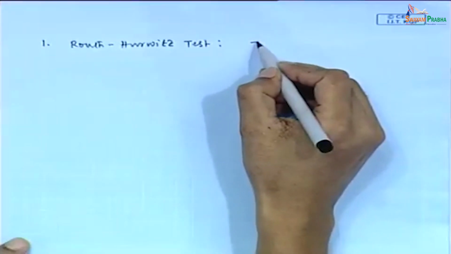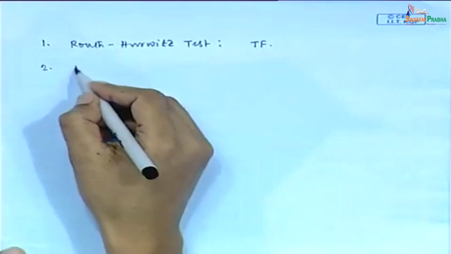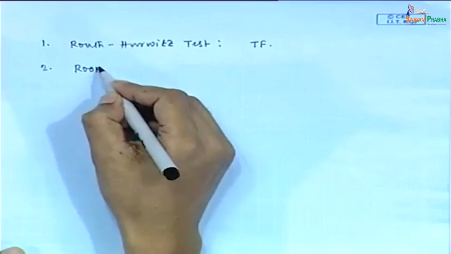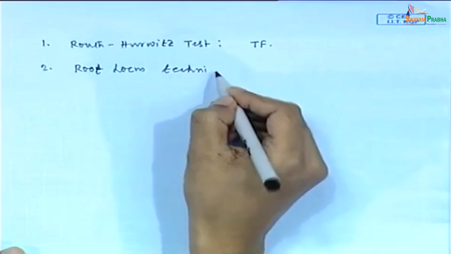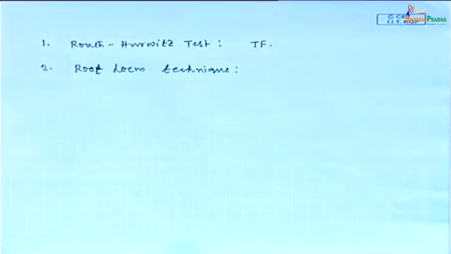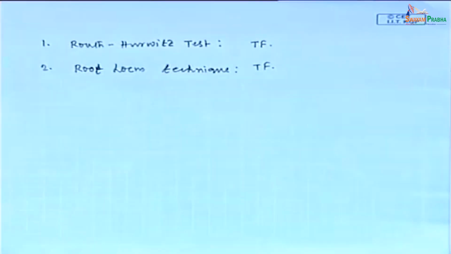Secondly, we started the root locus technique, which is a graphical technique, and in the root locus technique also we need the process model, because for root locus technique we need to produce the plot by positioning the roots of the characteristic equation. So, for root locus technique also we need the process model,